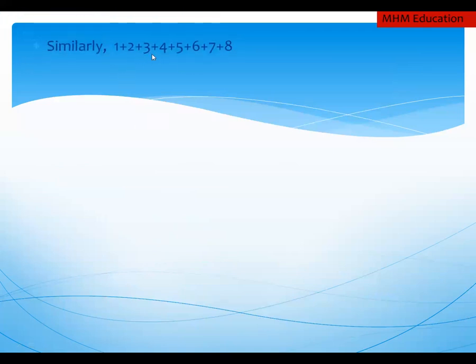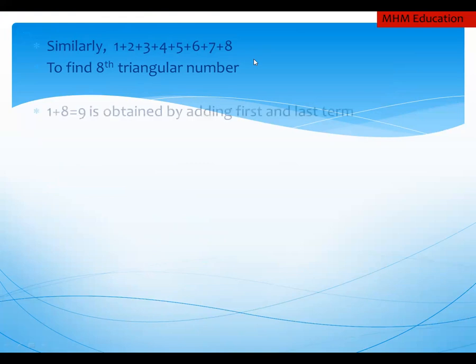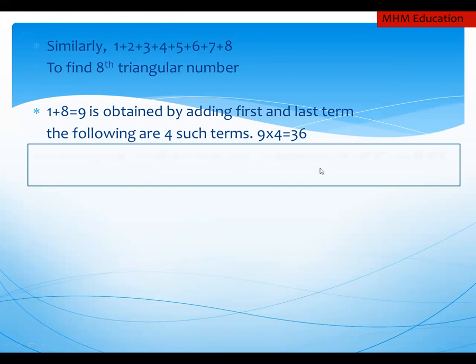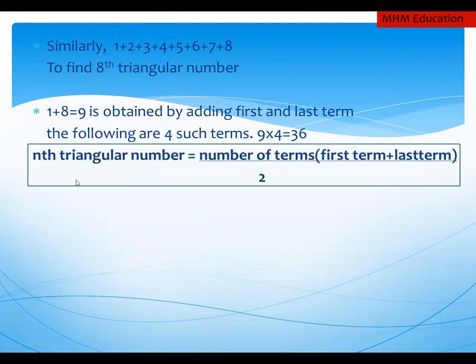Similarly, 1 plus 2 plus 3 plus 4 plus 5 plus 6 plus 7 plus 8. To find the 8th triangular number, 1 plus 8 is equal to 9, obtained by adding the first and last term. The following are four such terms. 9 into 4 is 36. So the equation to find the nth triangular number is